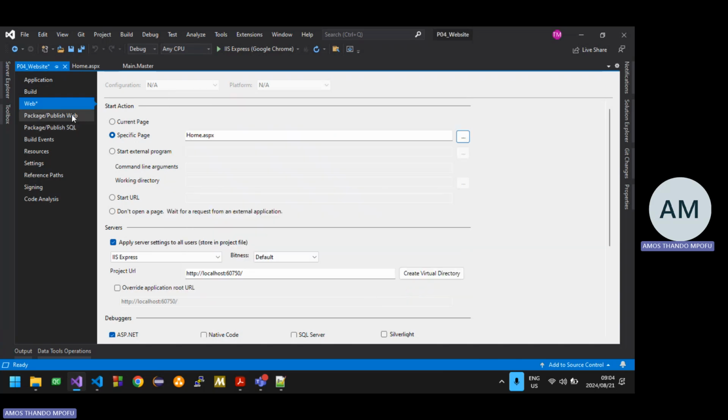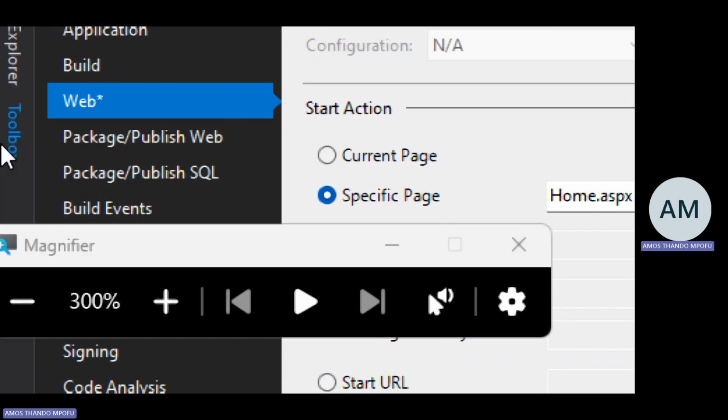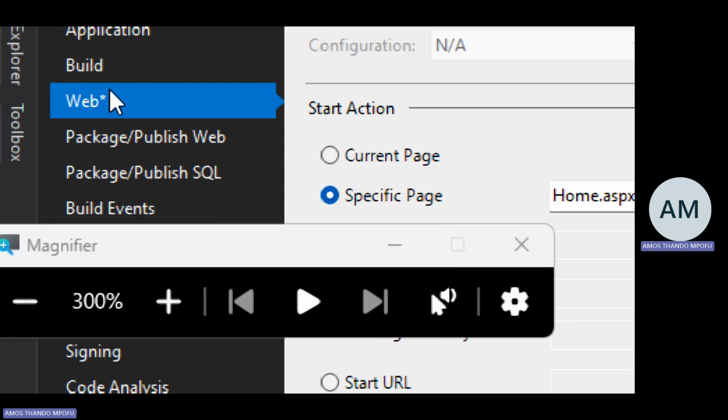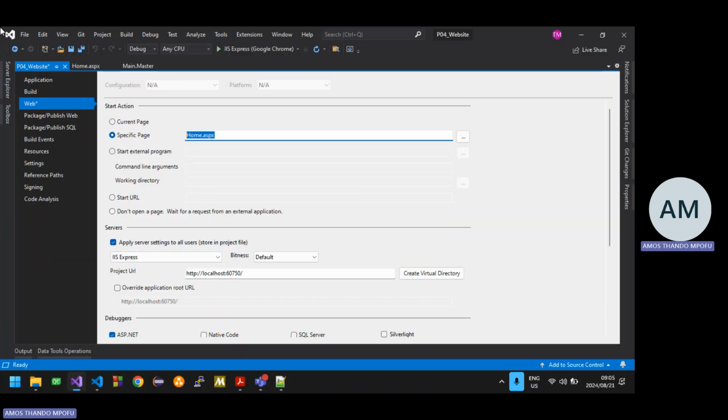And then you're gonna notice something here on the left panel. There's gonna be an asterisk, right? There's the star there. It means that you didn't save. So these changes that you made, this page that you've set as the starting page, you haven't actually set it because you haven't saved. So you need to press Control S, or just click at the top there and press